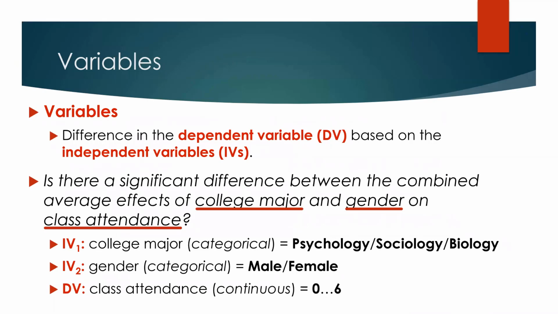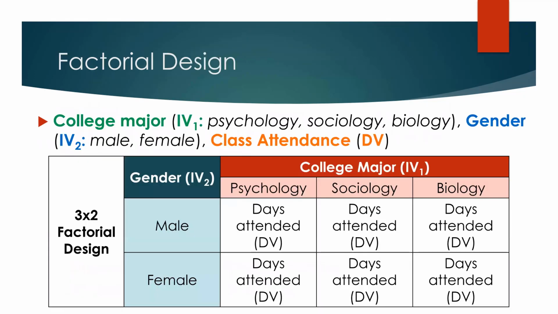So we already have our variables here. We have 2 independent variables, college major being the first one because it's the first one listed in the question, with 3 groups there. Gender being the second one mentioned in the question, so it becomes our second independent variable with 2 groups there. And class attendance is our continuous dependent variable ranging from 0 to 6. How many times did they attend class over the span of 2 weeks? Remember, we have a 3x2 factorial design because we have 3 groups of the first IV and 2 groups in